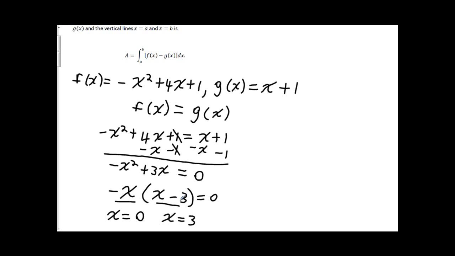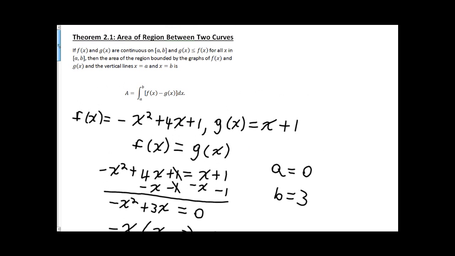So we get the two values, 0 and 3. So we have identified a is equal to 0, the smaller of the two numbers, and b is equal to 3. What we need to know is which one of these functions is smaller and which one is larger on the interval from a to b, or 0 to 3. So what we're going to do is find out which one of these is larger on